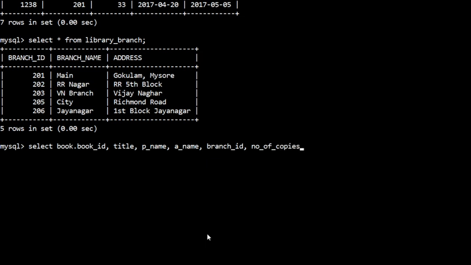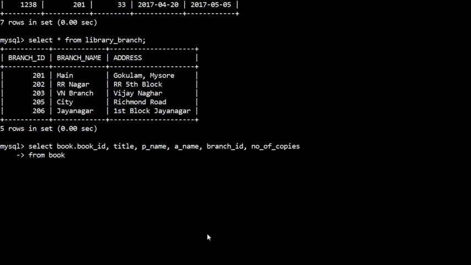Okay, number of copies. Now from which table are we retrieving all these? We need to take book, authors and book copies. So we need to join these tables. Okay, and as I said, in all the tables book ID is the joining attribute, right? So if you take authors, in that book ID is a foreign key, and in book copies and book, again book ID is the mapping attribute.